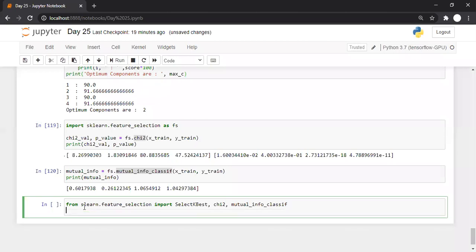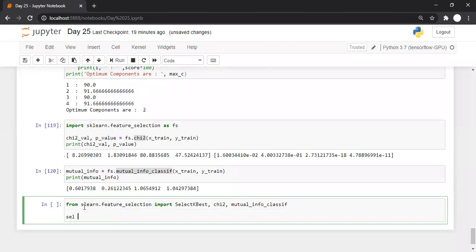Now let us check how we can do it. Let's say I want to create an object of the selector: sel = SelectKBest. K should be capital, and here we specify which criteria I want.